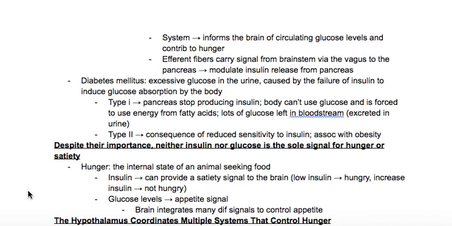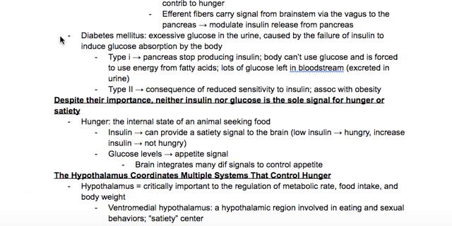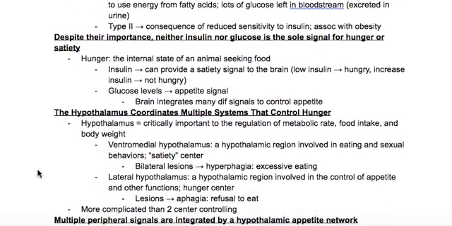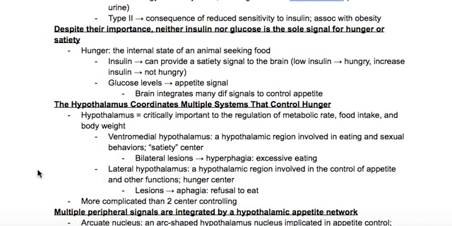One of the diseases associated with insulin dysfunction is diabetes mellitus, which involves excessive glucose in the urine caused by the failure of insulin to induce glucose absorption by the body. This can be either type 1 or type 2, which is a consequence of reduced sensitivity to insulin, usually associated with obesity. The next section is titled Despite Their Importance, Neither Insulin nor Glucose Is the Sole Signal